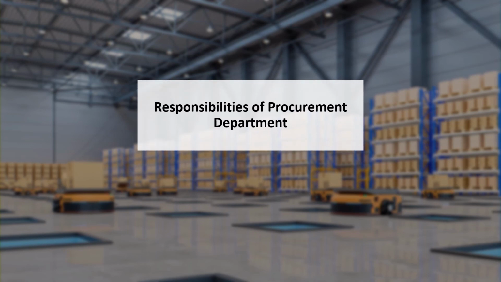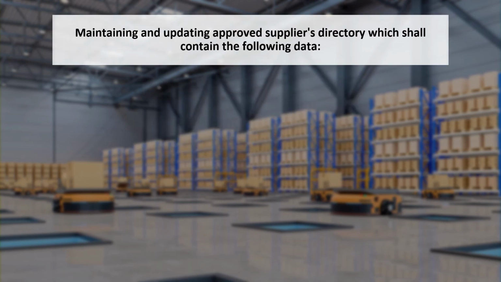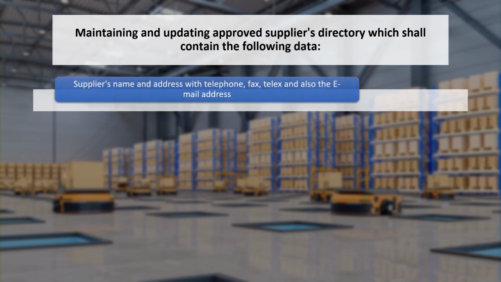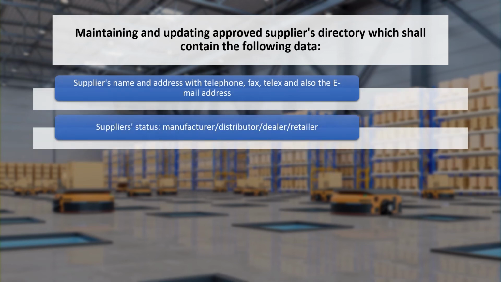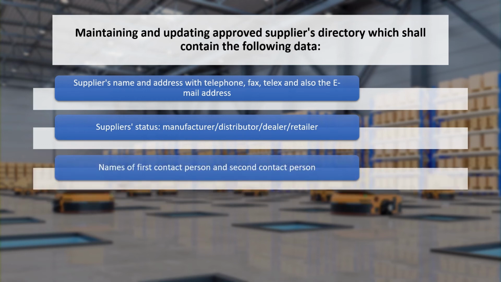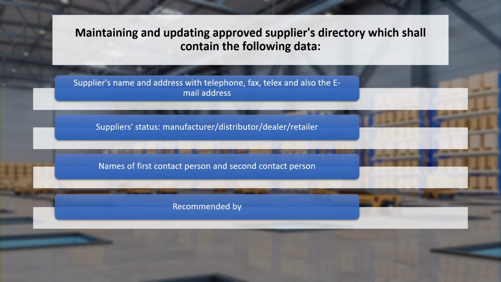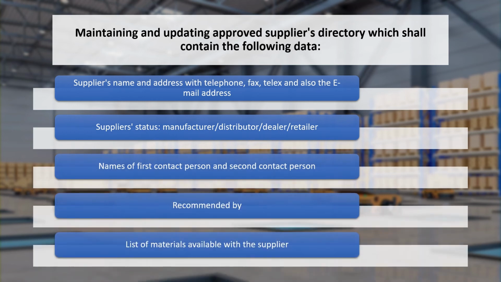Now, what are the responsibilities of the procurement manager? Maintaining and updating the approved suppliers directory, which shall contain the following data: supplier's name, address, telephone, fax, telefax, email address, supplier status, that is whether they are manufacturers, distributors, dealers, retailers, the name of the first contact person and second contact person, who has recommended. So, the list of materials available with the suppliers,